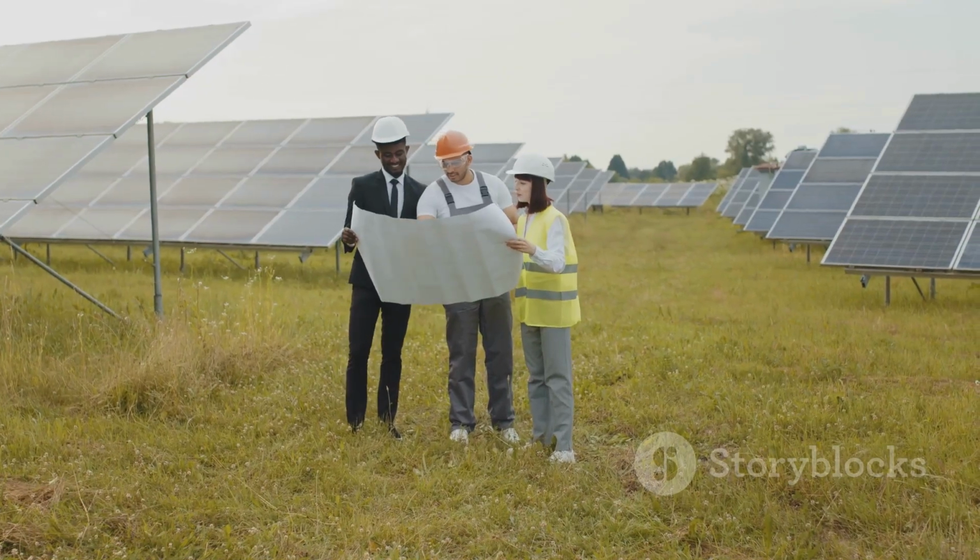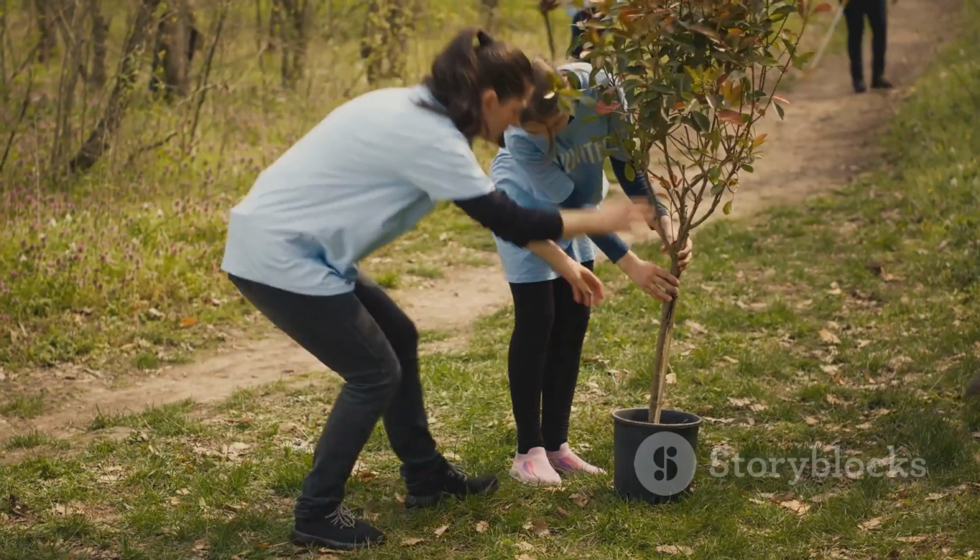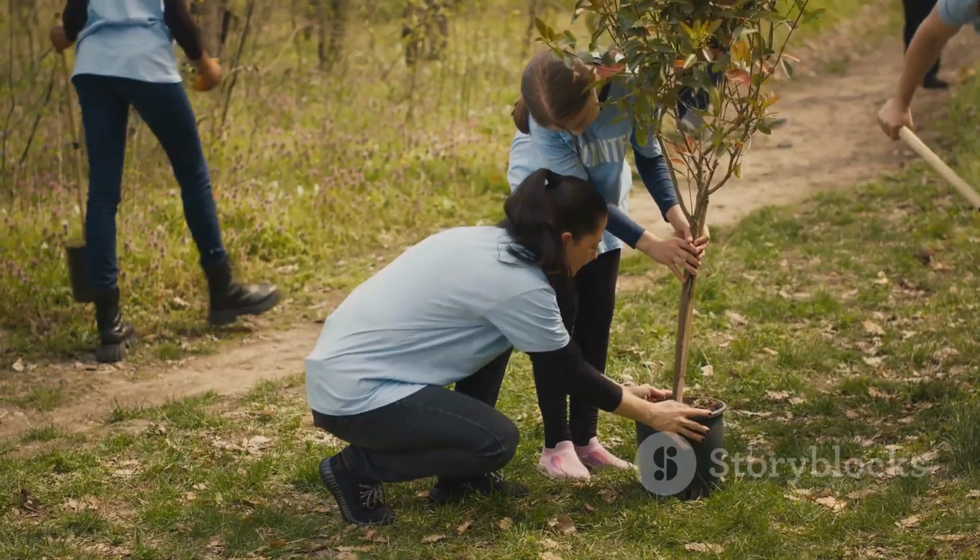The future of our planet depends on us making smart choices about our energy sources. Let's choose clean energy and build a brighter future for generations to come. Stay curious,